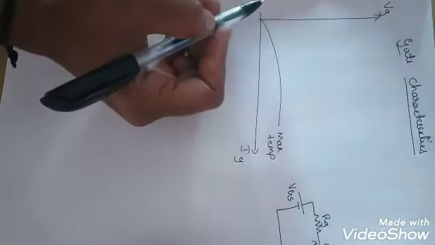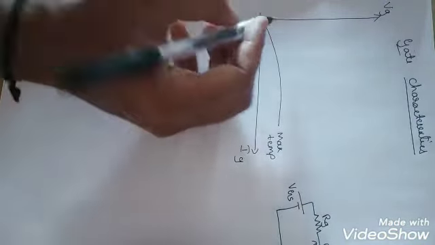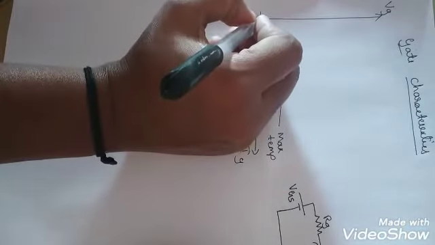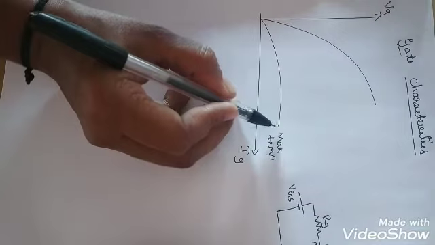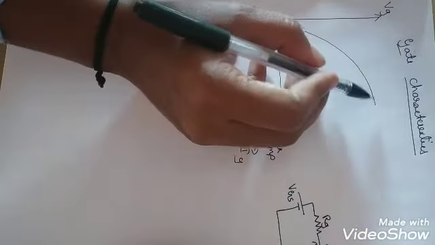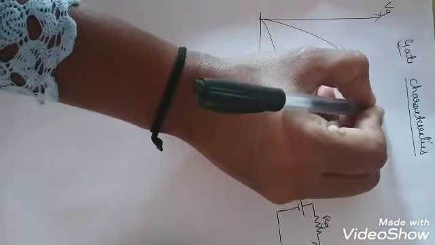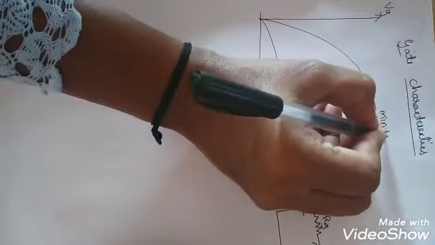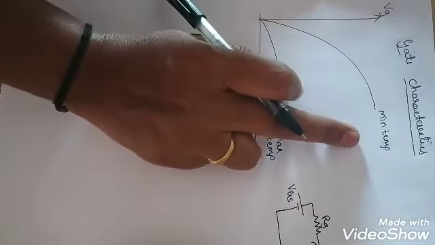Similarly, if we operate the SCR at a minimum temperature, then a maximum value of voltage is required to reach a maximum value of current. So this is the maximum current and here also the maximum current. Now to reach this maximum current, we have to give more voltage. That is, this is at minimum temperature. So this is at maximum temperature and this one is at minimum temperature.